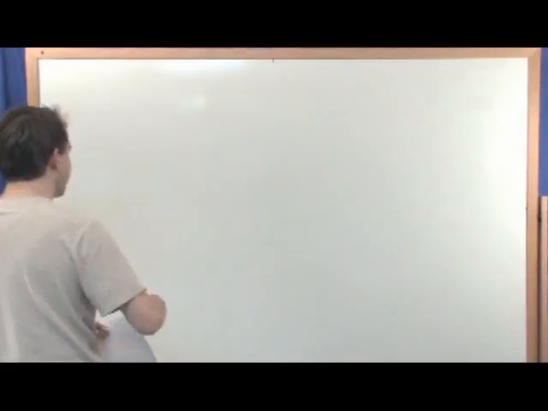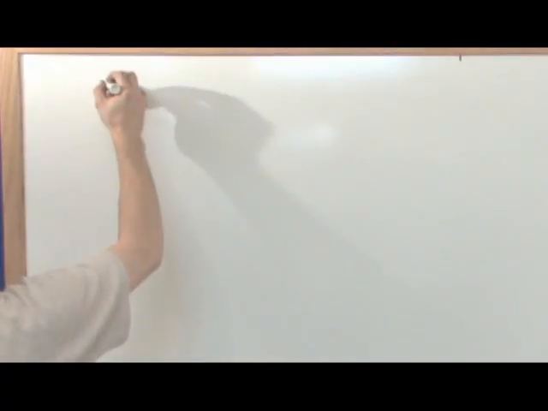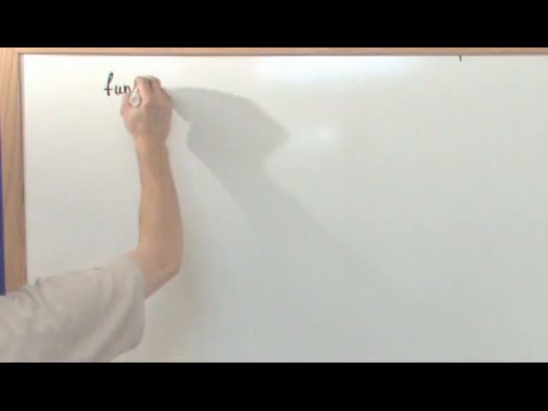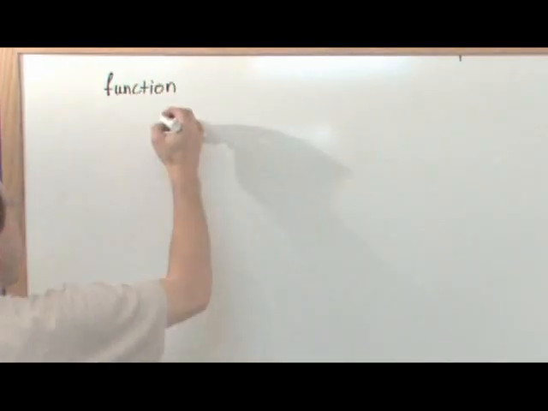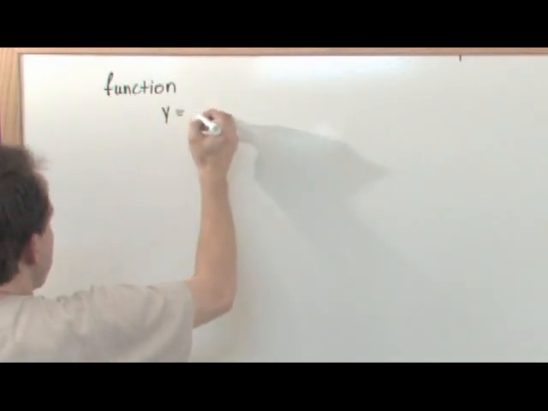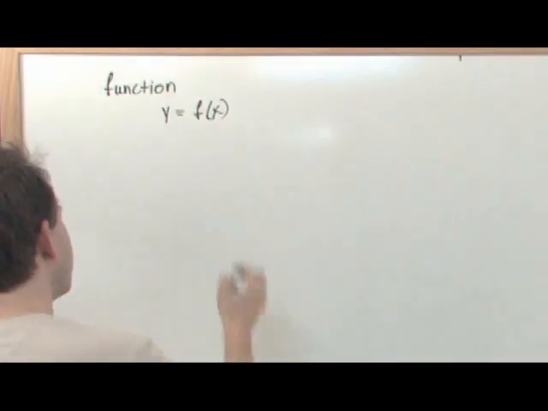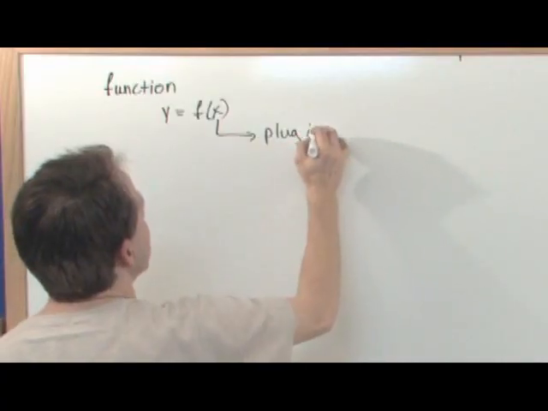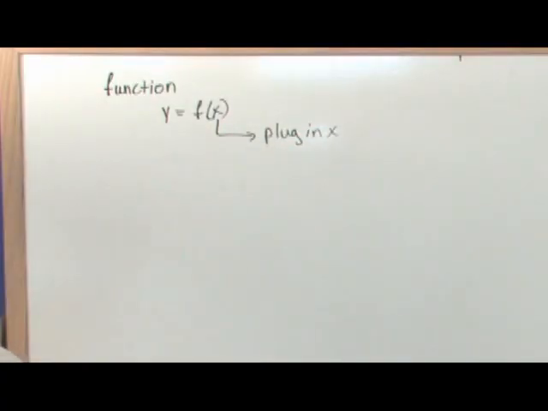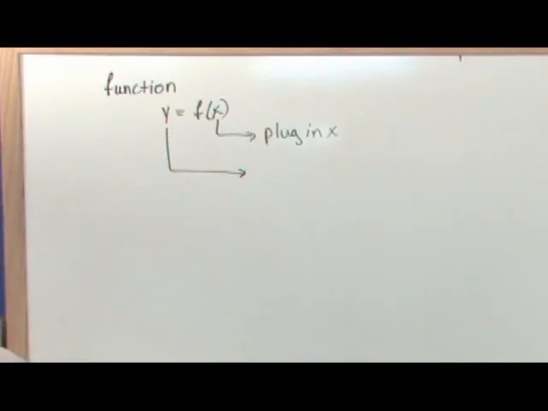Now, I'm going to recall some basic stuff that we all know. Recall that a curve can be represented by a function, okay? This is super basic stuff. There's no trick questions here. Here's a function, right? In general, we have y, which is also called f of x, okay? And I'm going to write down some simple stuff here: we plug x into this function, which is just some equation or whatever, and we get something called y out. So we plug something into this function, and we get y out,